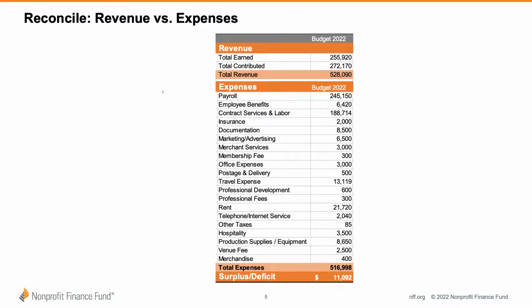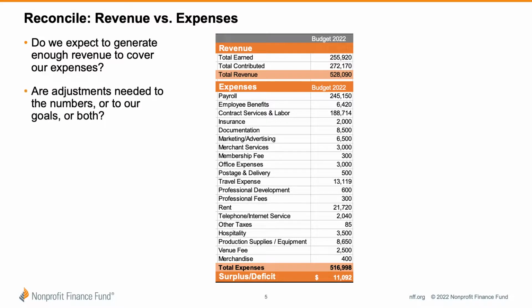And lastly, after you've estimated revenue and expenses, now you can compare each side of the budget and determine whether you're planning a surplus or a deficit. We want to be asking ourselves in our budgets, do we expect to earn enough revenue just to cover our expenses? Or are we planning to generate some level of surplus that we can reinvest back into the organization or put into savings, or to direct towards a specific goal for this upcoming year? Nonprofits need profits, and so it is valuable to manage our budget to a surplus as best as possible.